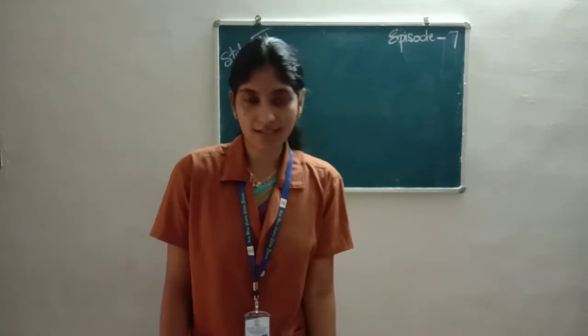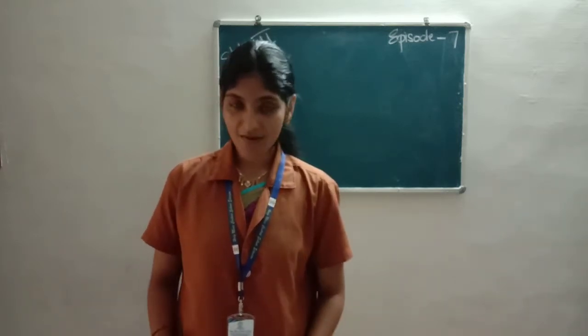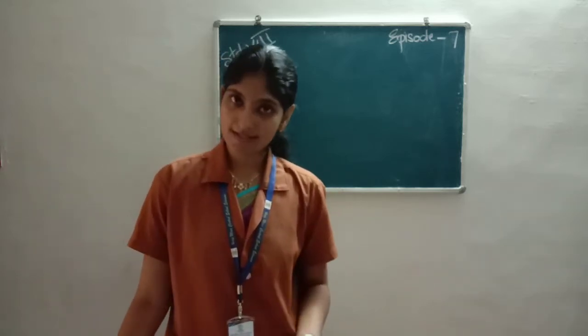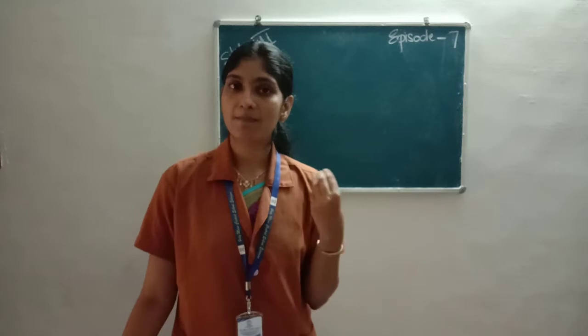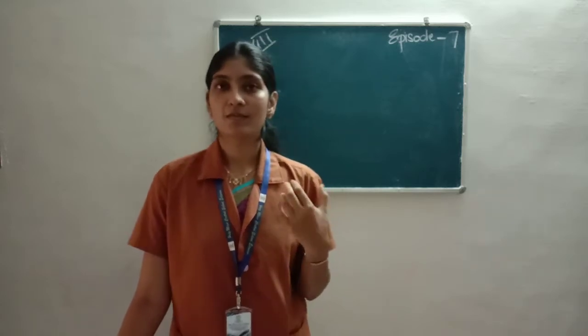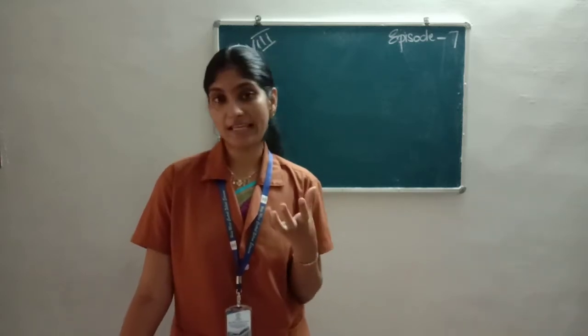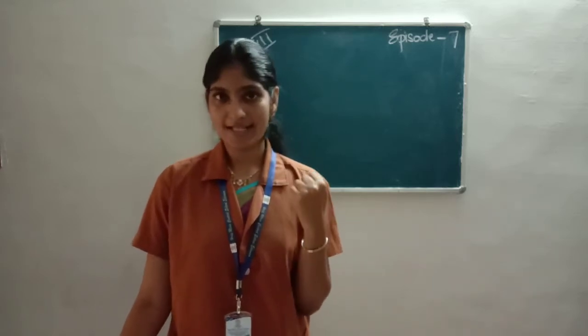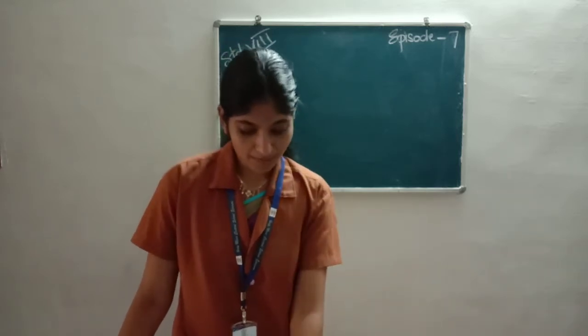So today we are going to learn about the remaining portions of the third chapter. Its name is Microsoft Office Access. Last class we discussed database management system, then different types of database, then what are the things included in a database like table, record, field, etc. So hope you remember that.